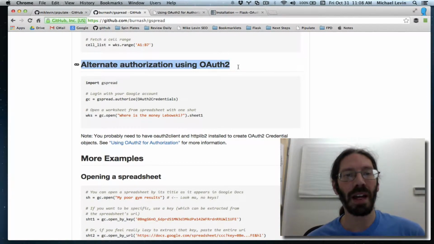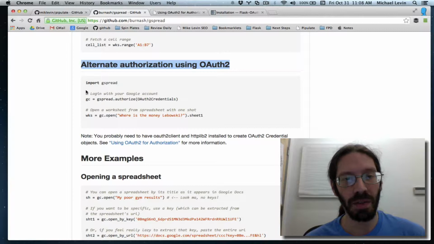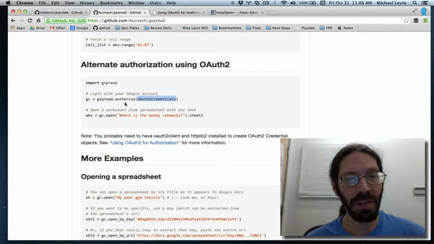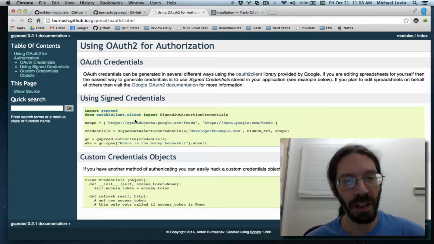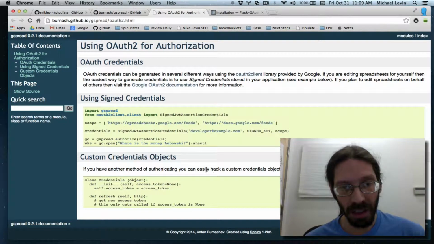So right off the bat, we know we're going to be needing to do OAuth2 so that we can do something similar to this, although we've got to research it a little bit more, and we find that they're suggesting you use Google's OAuth2 libraries, but if you have another way of doing OAuth2 login, you can easily hack